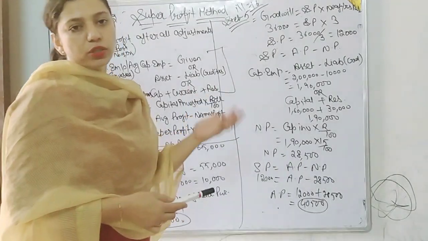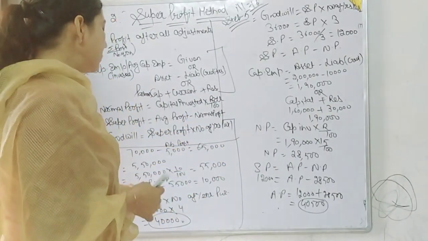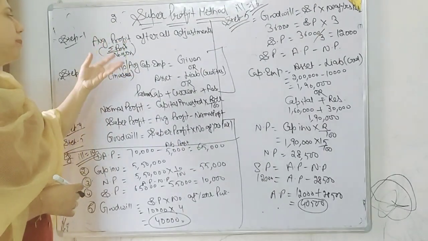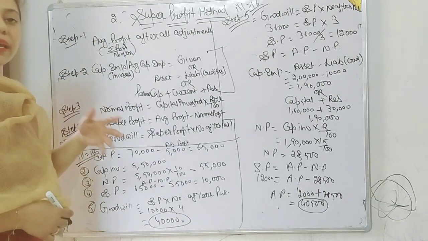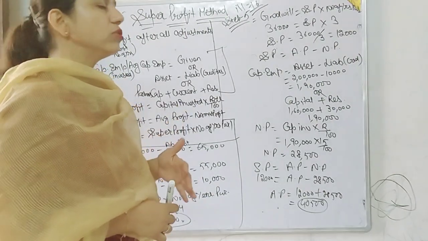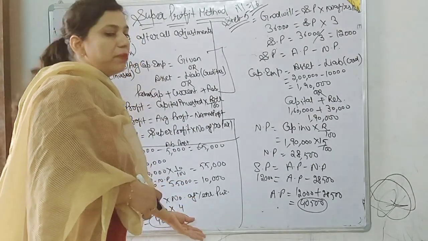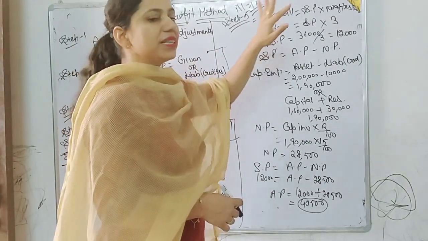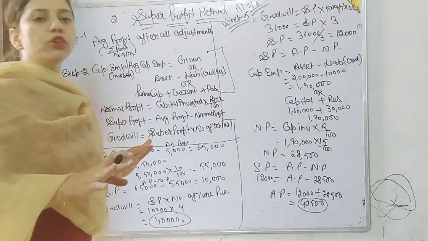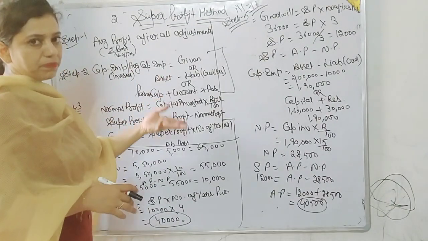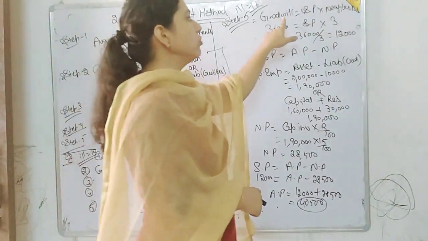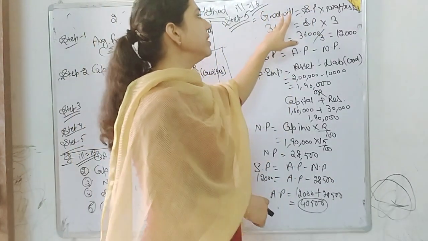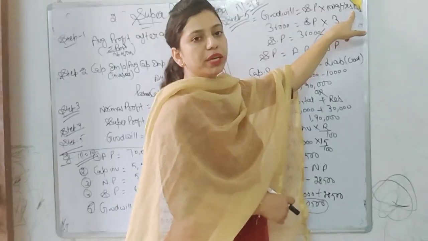Now it can be opposite also. How does it come? For example, goodwill is given in the question and you have to calculate average profit or capital invested or normal profit. Anything can be given in the question. It depends on the question. So we just come from the last step to the first step. Again I am giving you an example. If goodwill is given in the question, you don't have to do anything extra. Just reverse the steps. If goodwill is given, write down goodwill is equal to super profit multiplied by number of years' purchase, because the super profit method is given in the question.